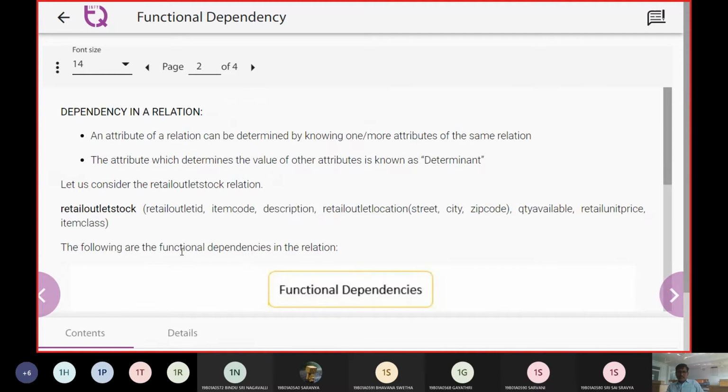So now here is an example which is going to show the dependency of a relation. What we are going to tell is that an attribute of a relation is going to determine the unknown attributes of the earlier constructions. Next, the attribute which determines the value of other attributes is known as the determinant.